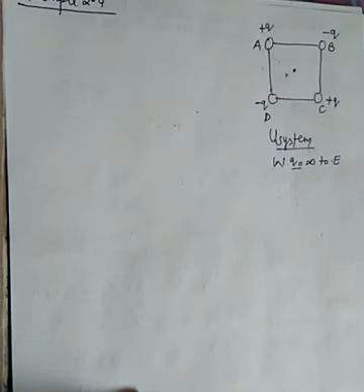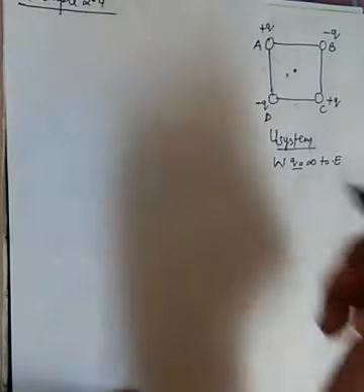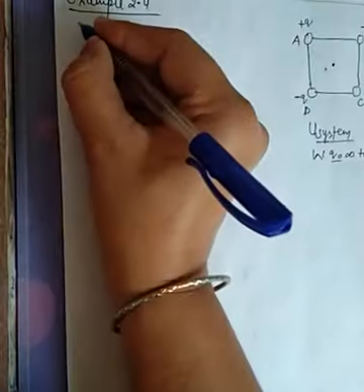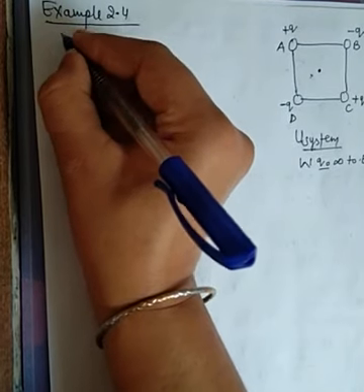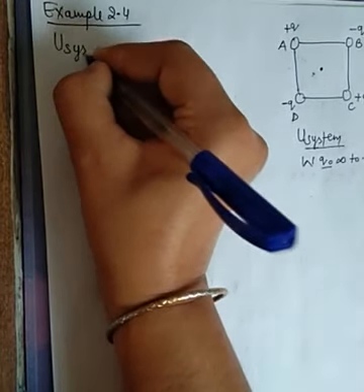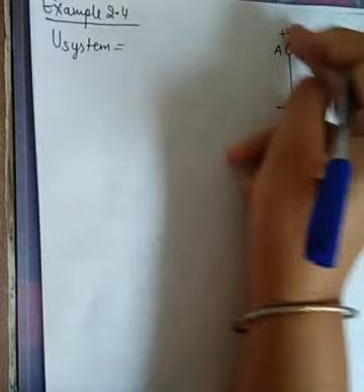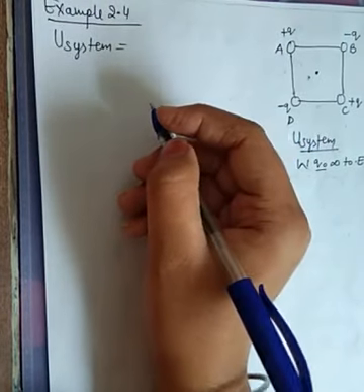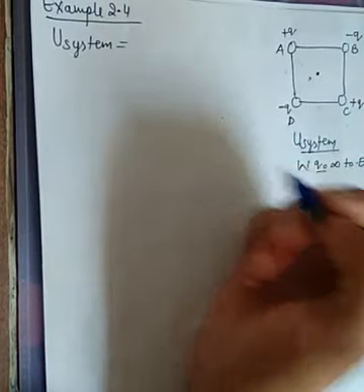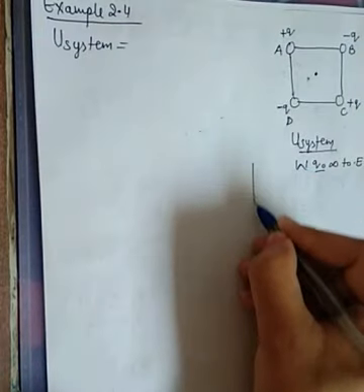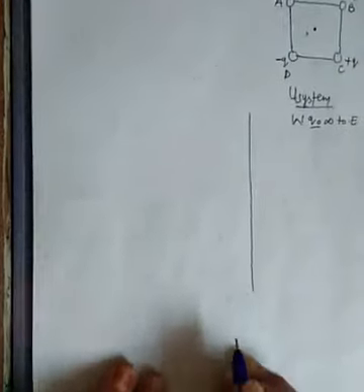So what is the amount of work done when the four charges are being fixed at the corner? Okay students, firstly we have to calculate the potential energy of the system. As per the theoretical section, I have taught you the potential energy of the system. It is a 4-point charge system. What is its formula? You can do it in a step by step way. I am firstly teaching you in the step by step method.